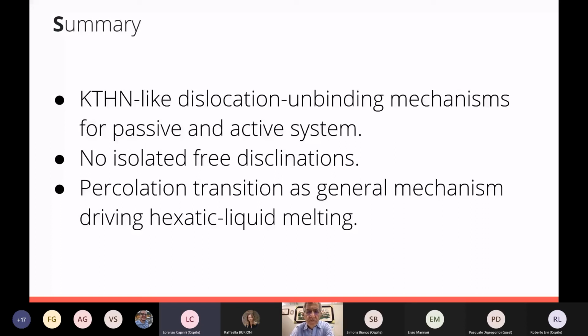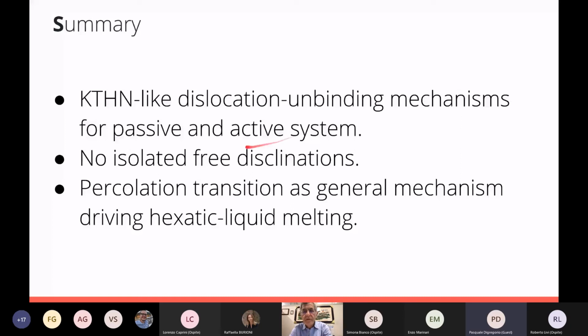Since, to answer the question of Rosario, you mentioned the motility-induced phase separation, my question was, is the mechanism between the liquid-hexatic transition and the hexatic-solid transition really very similar in active and passive cases, or not? Well, actually, yes,